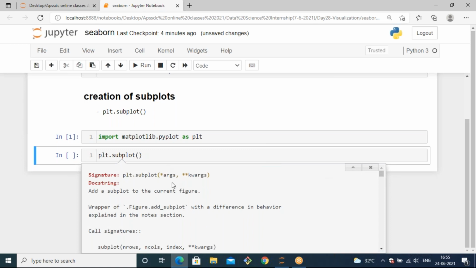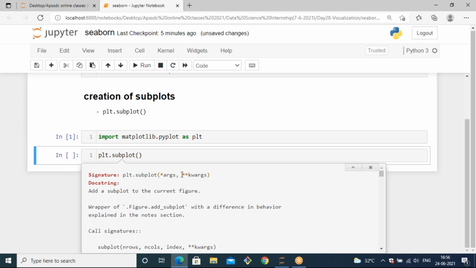You can see in the signature window this double star. When it comes to functions, yes, when you have a double star it means keyword length arguments. That means whenever you don't know the length of keywords along with the values, you can use double stars.